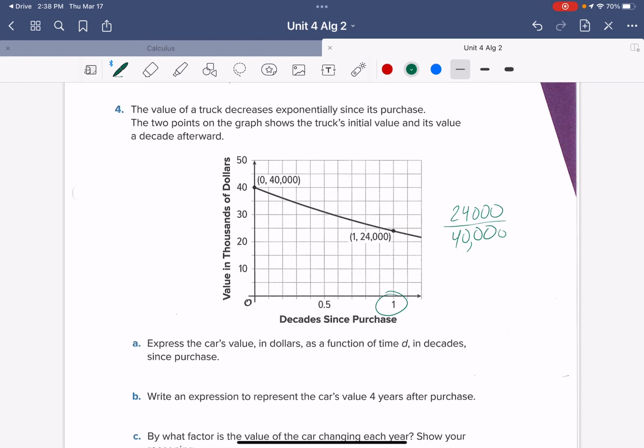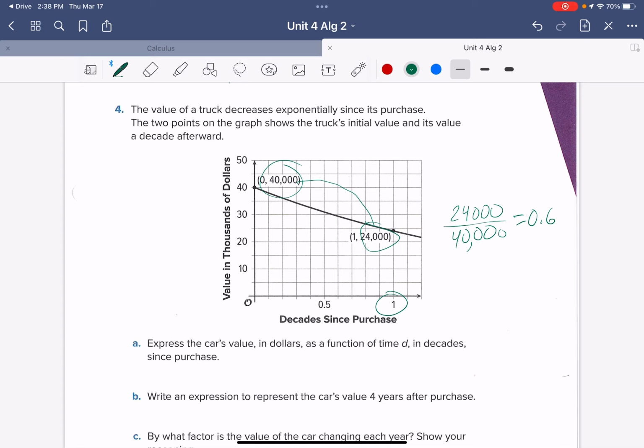Okay, and that's going to be how much it went down. So 24,000 divided by 40,000 is 0.6. So if we multiply the 40,000 by 0.6, we get 24,000. So it's a loss of 40%. The multiplying factor is